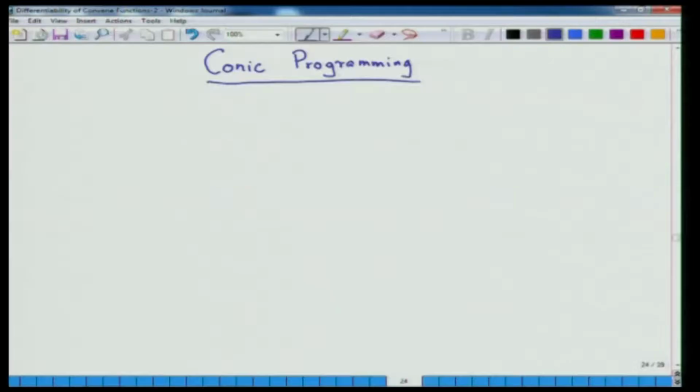So, the study of linear programming problems over convex sets plays an extremely central role in convex optimization. Now, for example, take any convex optimization problem: minimize f(x), x an element of C, where f is convex and C is convex,